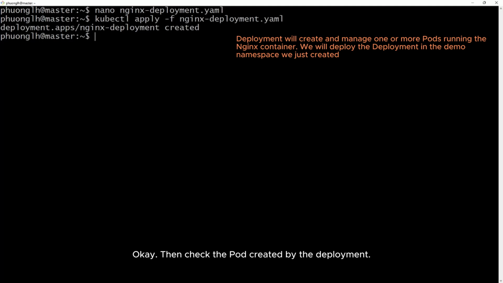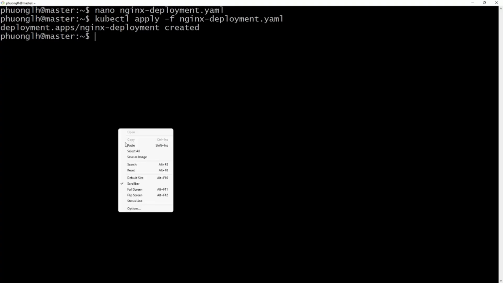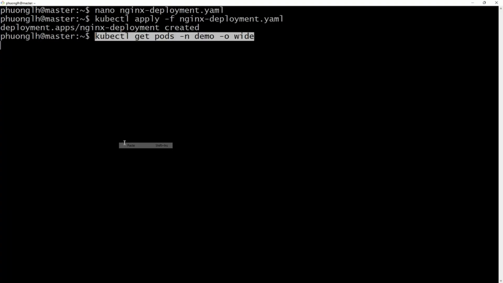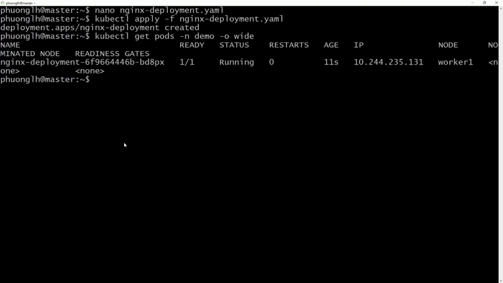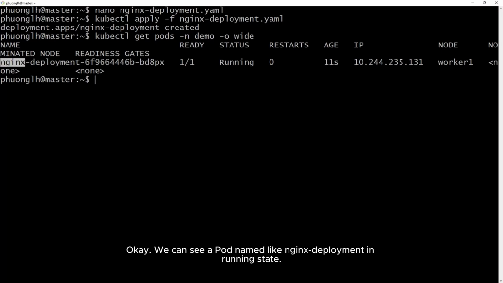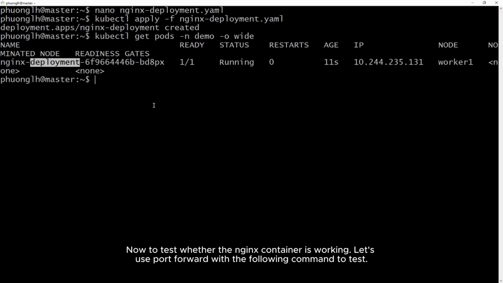Okay, then check the pod created by the deployment. Okay, we can see a pod named like nginx-deployment in running state.